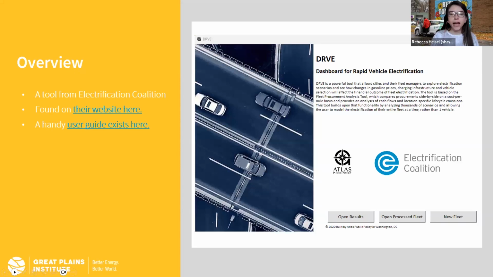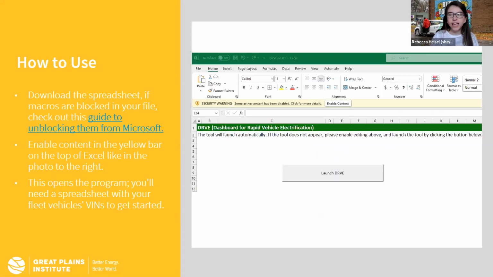there might be a couple steps that you have to take to make sure that it's functional. And we want to just highlight it so that you don't download it and think, oh no, this doesn't work. There might be a couple steps that you need to do. For example, it does use macros. And so if macros are blocked, you would need to make sure that they are unblocked within your system. And we have a linked guide that can help walk you through how to do that unblocking,